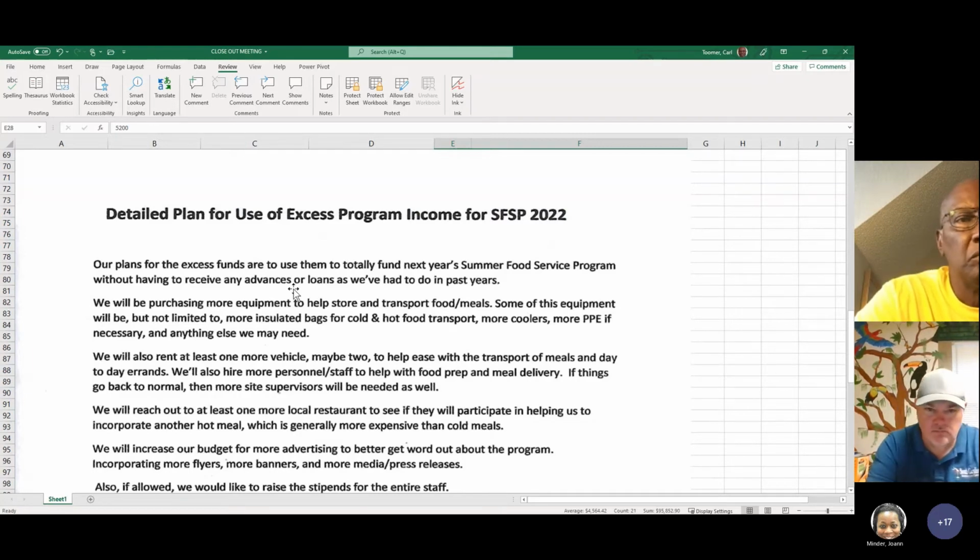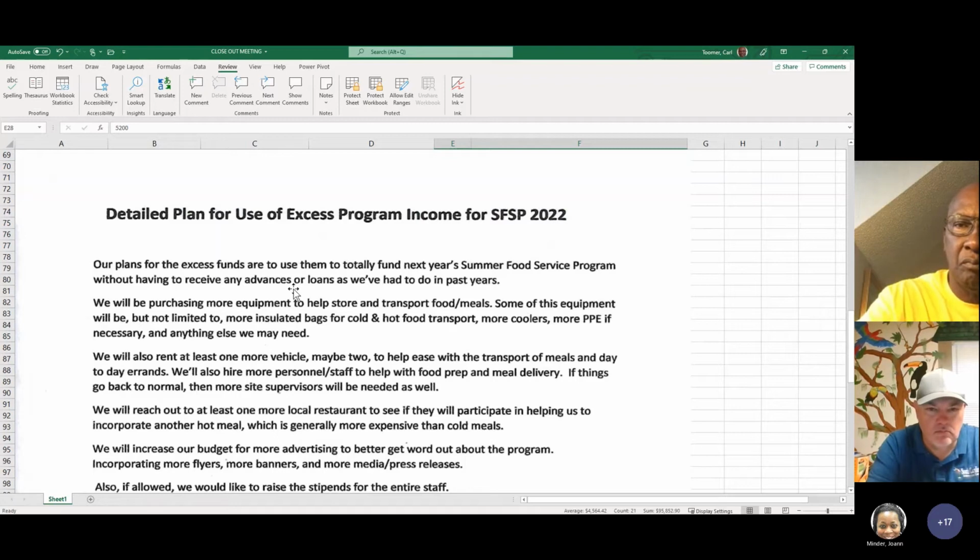So what they're going to do is take those funds, instead of asking for advances or taking out loans, and use them to fund that program up front to get them started. Now we will be purchasing more equipment to help store and transport food or meals.